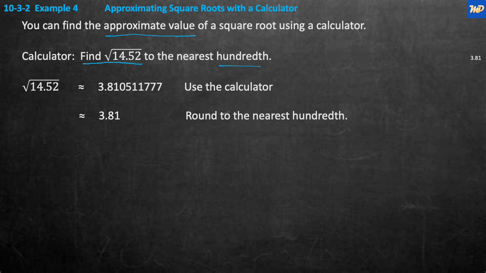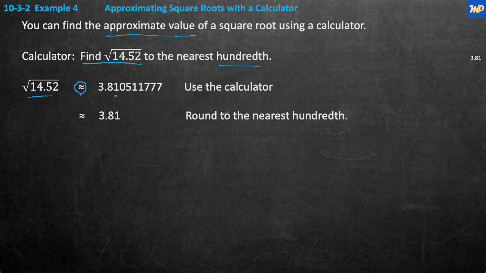Well, if you put the square root of 14.52 into your calculator, you're going to get, and I wrote approximately right here, 3.810511777 and on and on and on. It's an approximate value because it never stops. It goes on forever. So that means it's irrational for sure. But we want it to the nearest 100th. So we're going to take the accuracy to the 100th, which is right here,